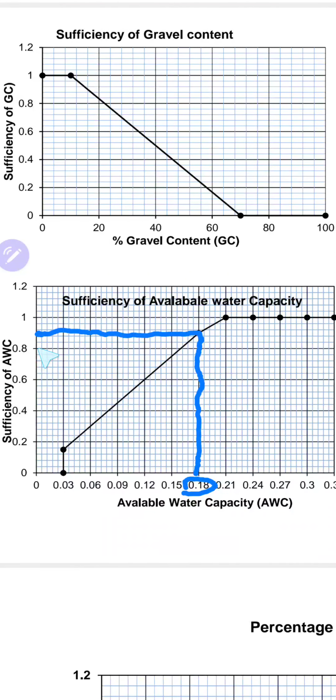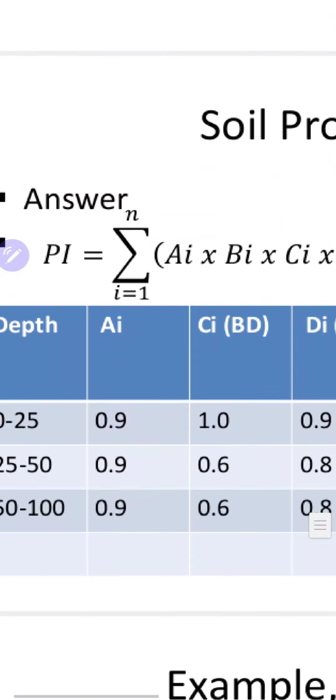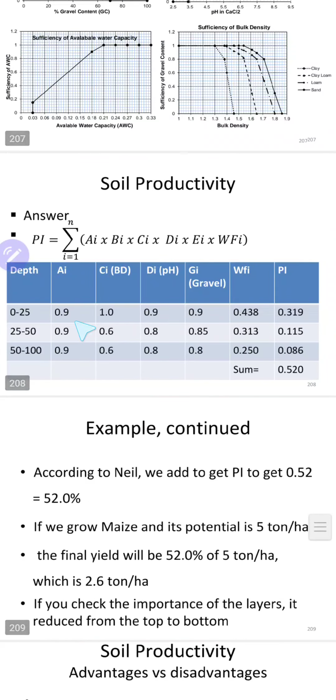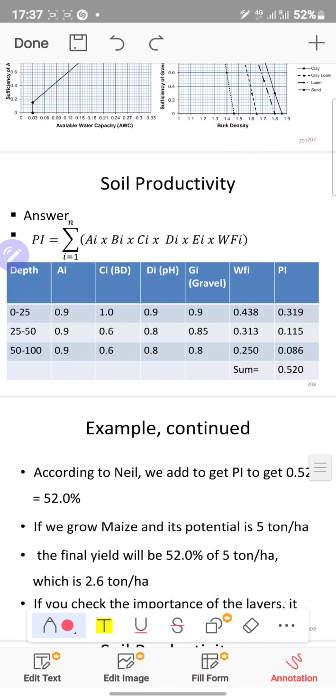So this is a value between 0.8 and 1. So this is more like 0.9. So you record that value here. Okay, this is 0.9, because for all the depths you have 0.18 as available